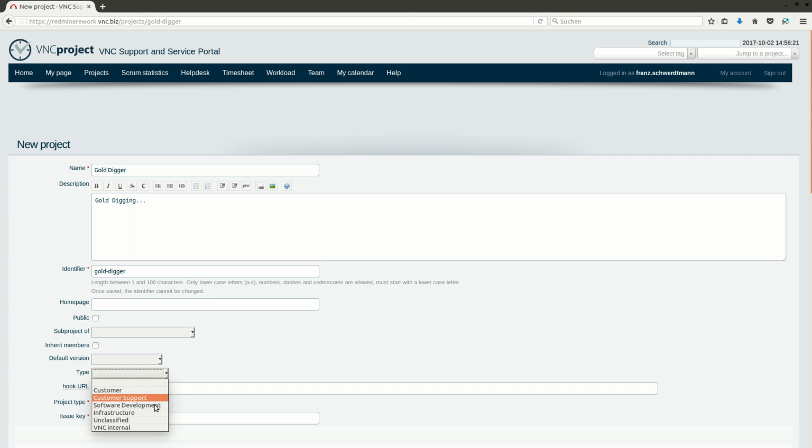And you can also choose a type, what kind of project this is. But the really important thing is the project type. It's a bit confusing, but the project type is the important one. It's also got a red star behind it. And let's say it's a customer project,